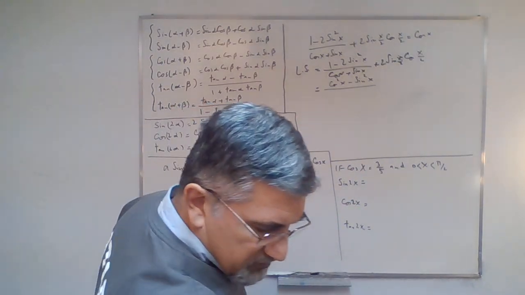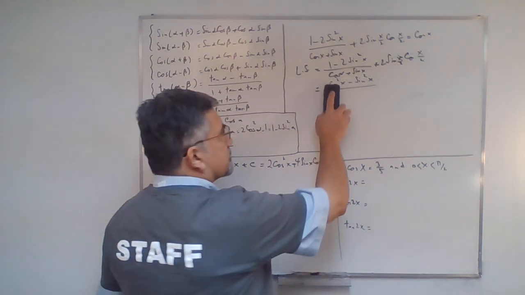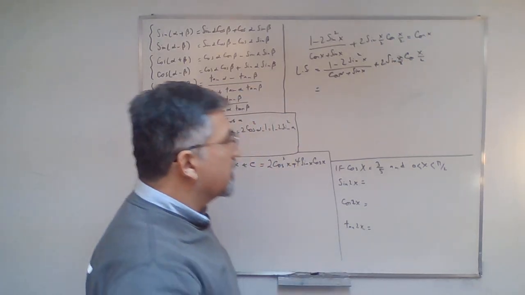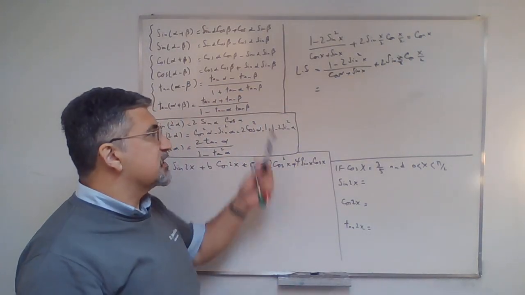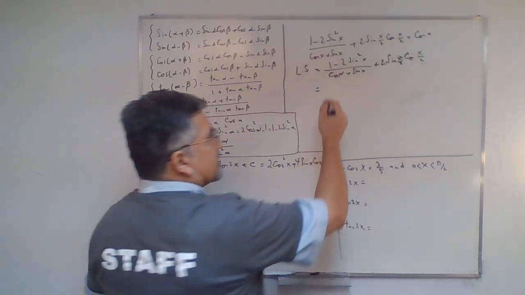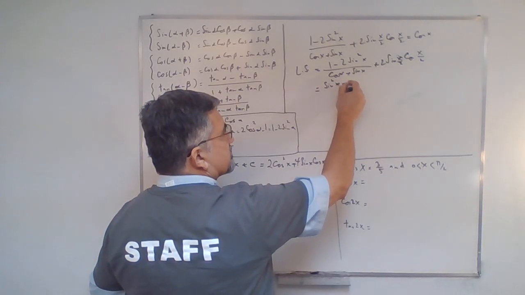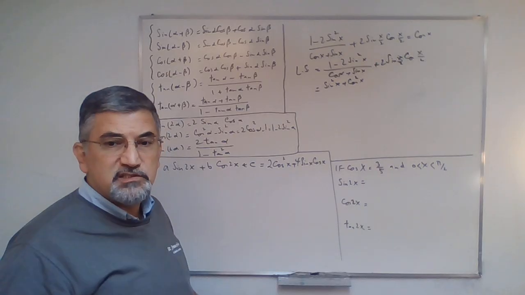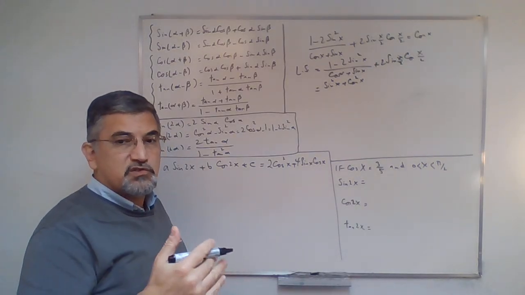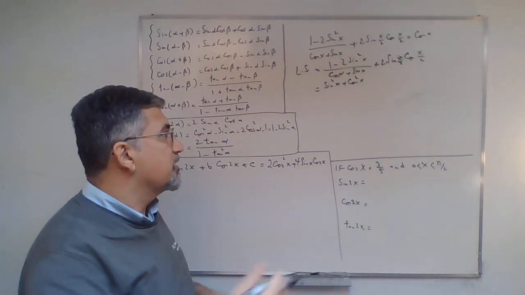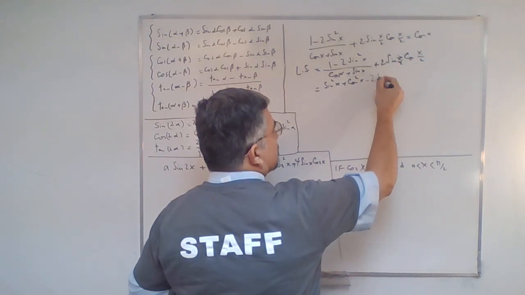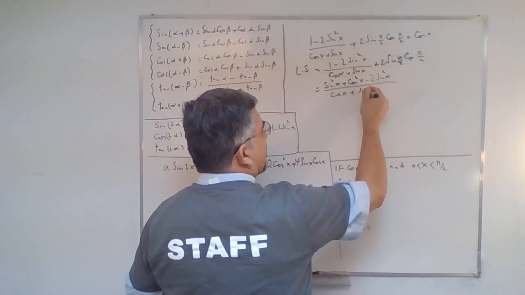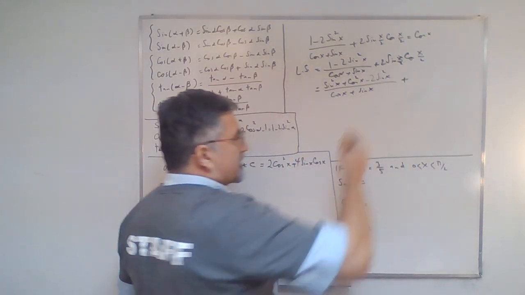And if this is not a good explanation, which of course it is, I can explain it in a different way. I can say instead of 1, we may write actually sine squared of x plus cos squared of x. That's the most fundamental trigonometric identity. We know that sine squared of any angle plus cos squared of the same angle is always equal to 1. So that is 1 minus 2 sine squared of x all over cos x plus sine x plus, now the